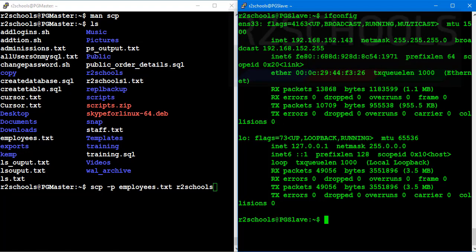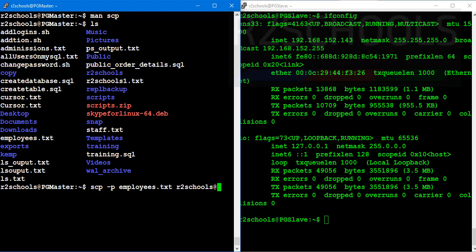You can give any of the users from the target, and @, then give the IP 192.168.152.143. Here you can give the IP or the name of the host. Then colon, then we have to provide the path to copy this file.